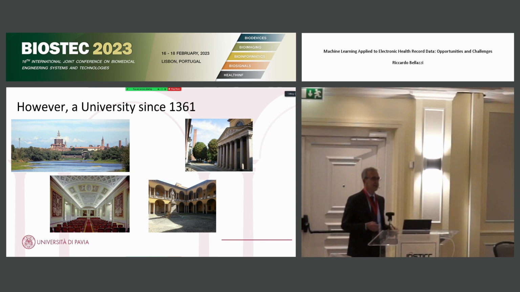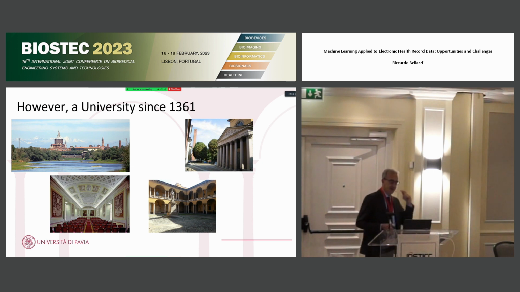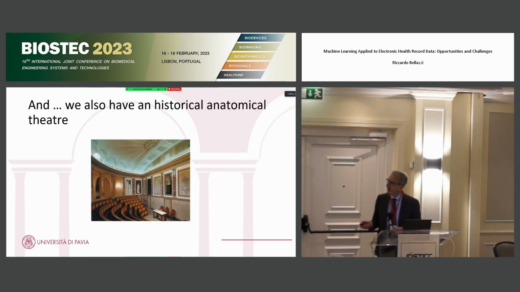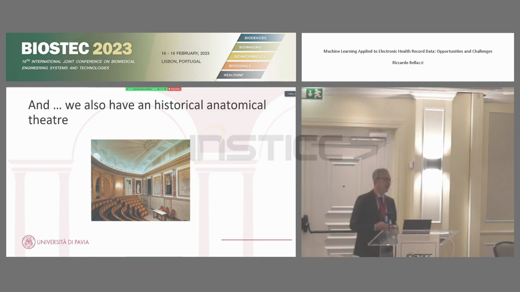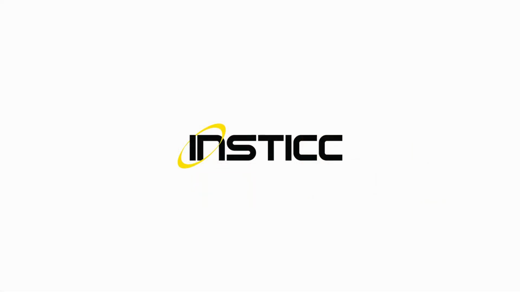It's a university since 1361. It's a nice city. It has a lot of historical buildings and historical venues. I know that Federico Cabeza probably gave a talk here in one of the historical halls of our university, probably the nicest, I would say, which is named after a poet called Foscolo. And just to complete the story, we also have an anatomical theater. Making reference to the history of medicine, this anatomical theater was basically a revised version of the Padova one. So they were first, we need to admit it. But after that, Professor Scarpa moved from Padova to Pavia, and he had this idea of improving the design of the